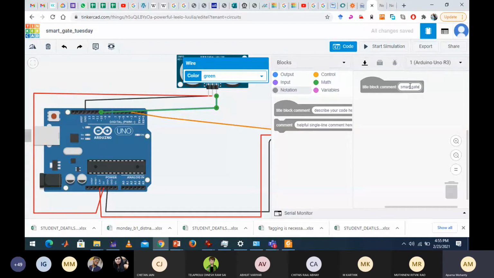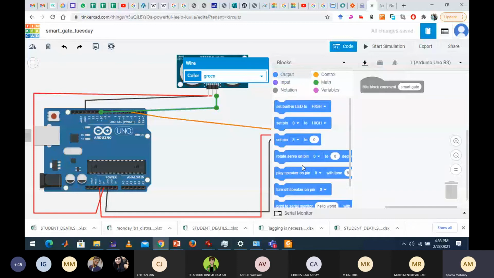This is just for somebody who accesses your code so that they can understand what you have done. Okay, so first I'll go to this output section. See what is the basic concept here. Suppose there is a person who is coming near the gate. Suppose you have set a threshold like 2 meter or 5 meter. So if the person approaches 5 meter near the gate, the servo motor should rotate. Okay, it should open up.